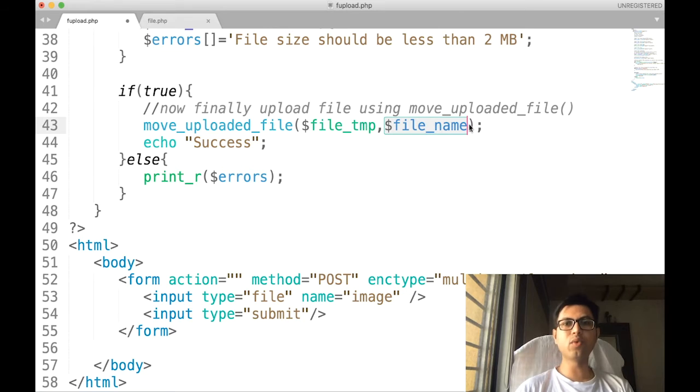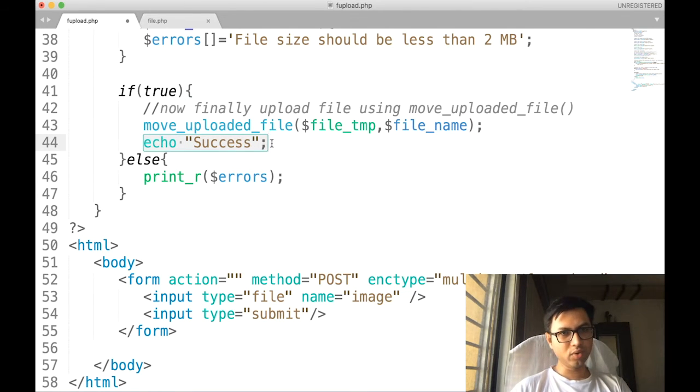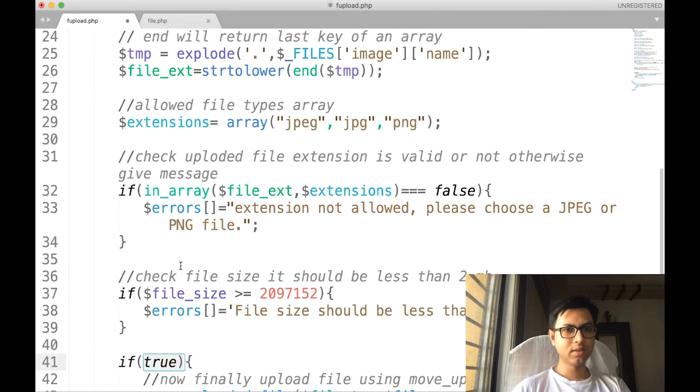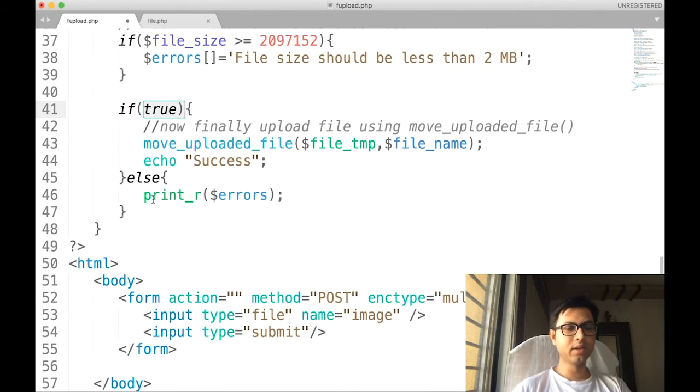If you want to upload it somewhere else, then you have to write the whole path in double quotes. So I want to upload it over here, so I have to write it like this. Whatever success message you want to print, you print over here. And if this is not true, that means if there is any error from the above, then we print the error, whatever is stored inside the error variable.